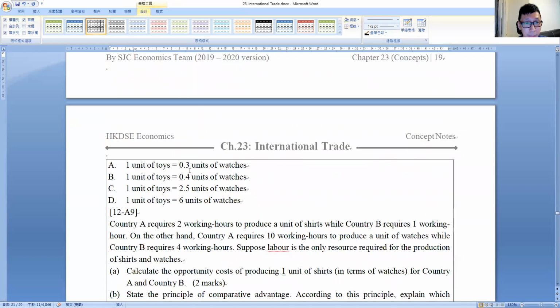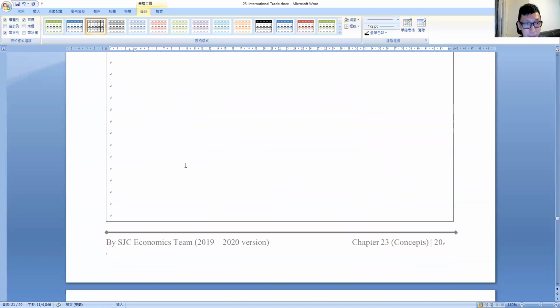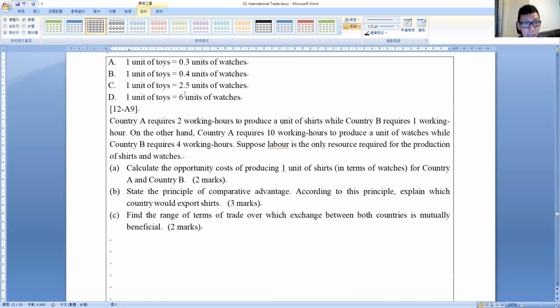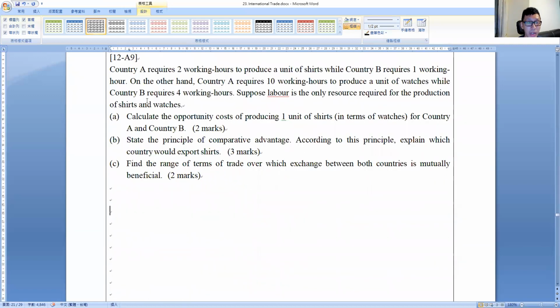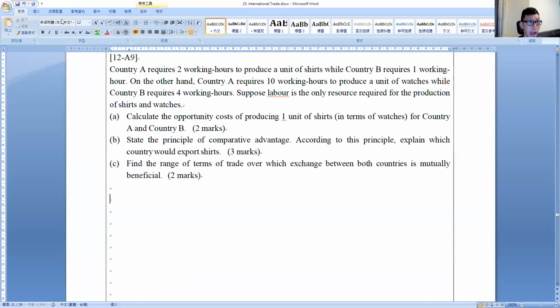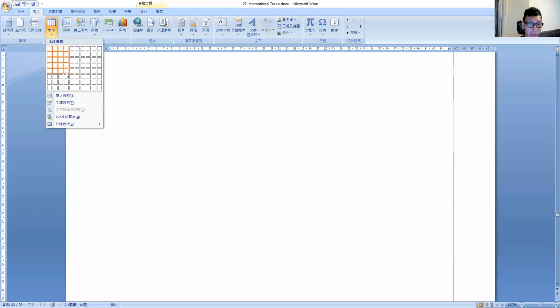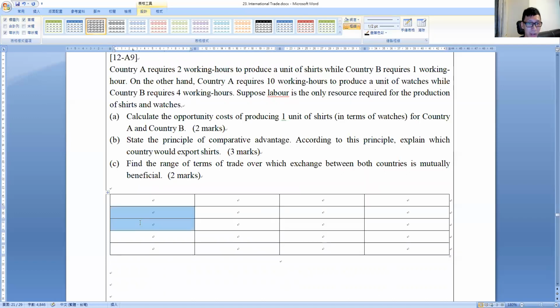Now, let's skip ahead to the short question. Okay, to the short question. We should go back and do the 17 one first. Okay, now for the short question, this one. Now you see, they give you a whole paragraph. You can read it yourself if you like. But to save our time, let us present it in a more readable format. I don't know who set this. Why give such a big chunk of text? Why don't you organize it in a table form? So we have assert and